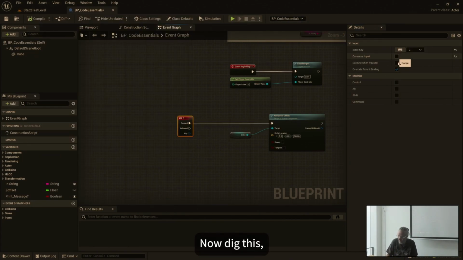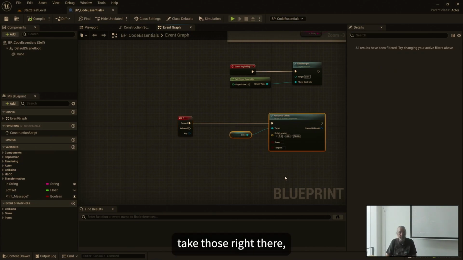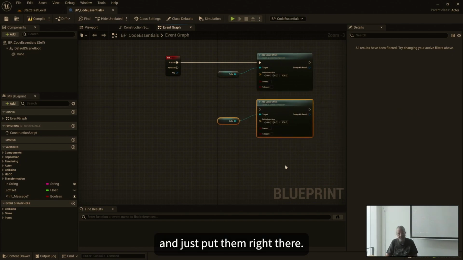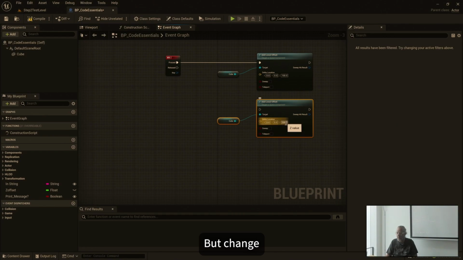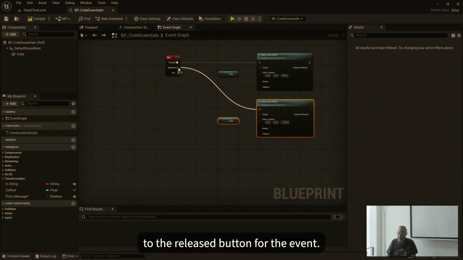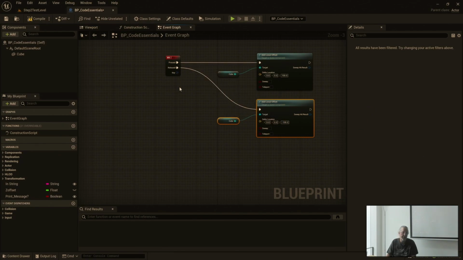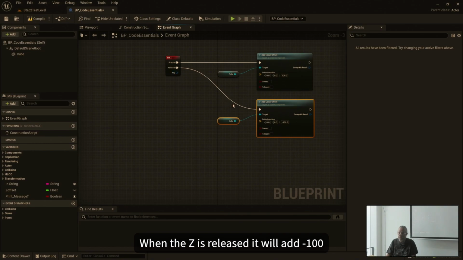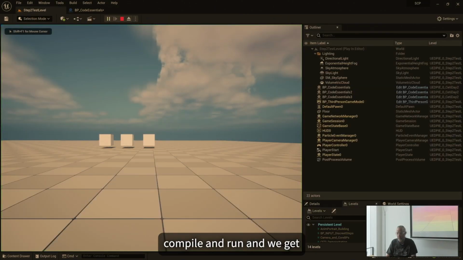Now dig this. Take those right there, copy and paste them down, and just put them right there. But change 100 to negative 100 and drag this local offset's execute pin to the released button for the event. So now when the Z is pressed, it will add 100. When the Z is released, it will add negative 100. Compile and run, and we get